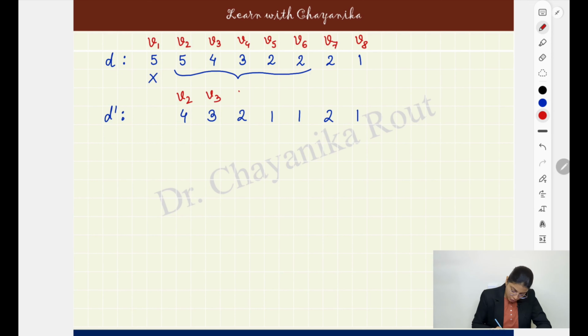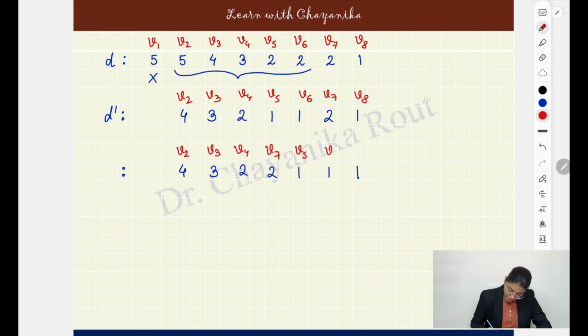Immediately name them V2, V3, V4, V5, V6, V7 and V8. Next, see if it is arranged. It is not. So I have to arrange the sequence. First 4 comes, then 3, 2, then this 2 comes earlier, 1 goes later, and then another one, and we have the remaining 1. Again, name the vertices correctly, V2, V3, V4, up to this it is fine. This 2 has been shifted with the labeling V7, this 1 has been shifted with its labeling V5, then V6 comes, and finally V8. Next, now since it is arranged in non-increasing fashion, I will proceed further to find out